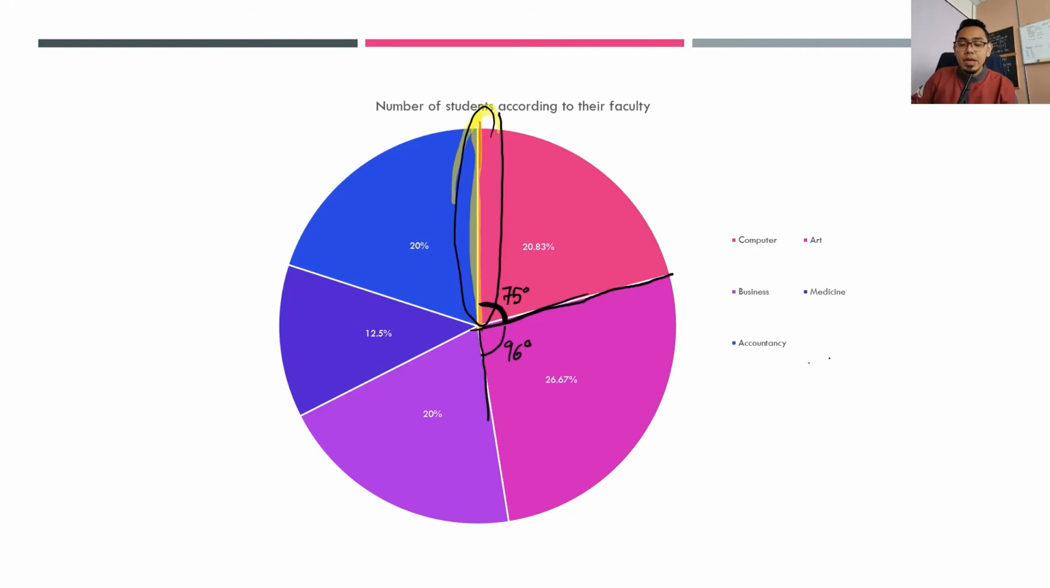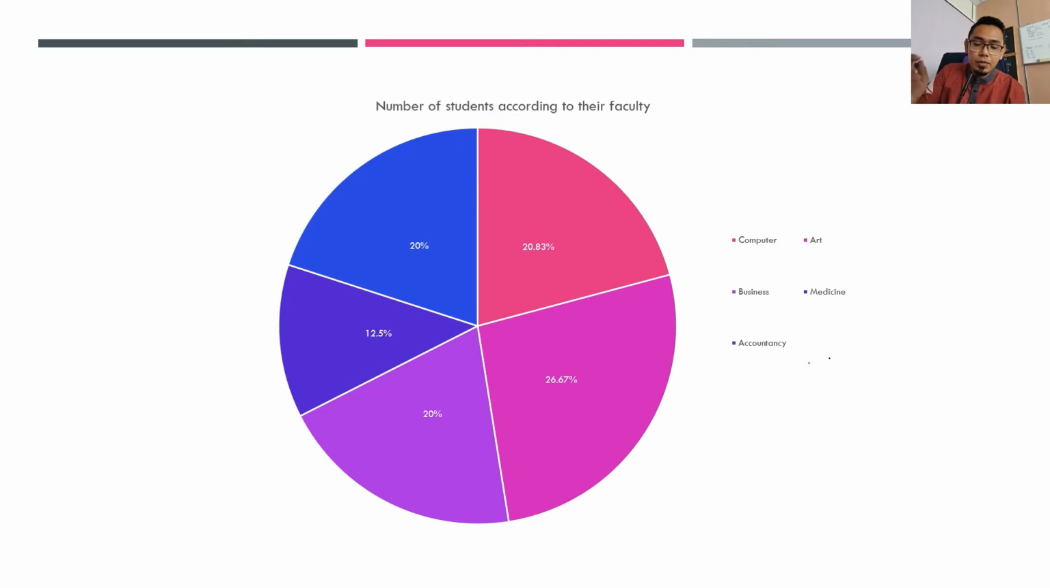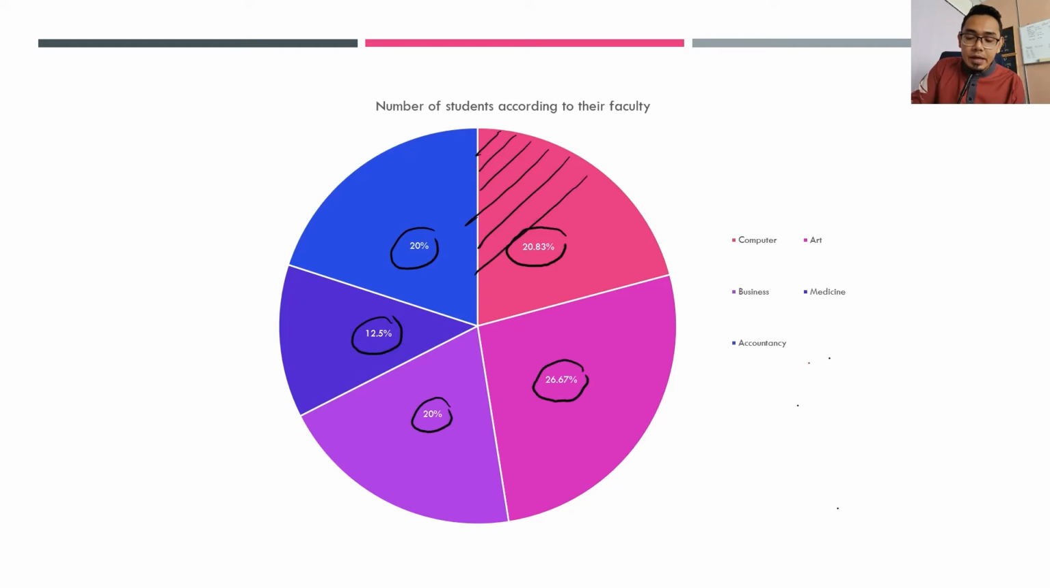In your pie chart, you don't write this angle, but what must be written in the pie chart is the percentage, right? If you have many colors of highlighters, you can shade using your highlighters, and if you don't have that, maybe you can use patterns. For example, the first one is something like this, the second one is something like this, to show the difference between the